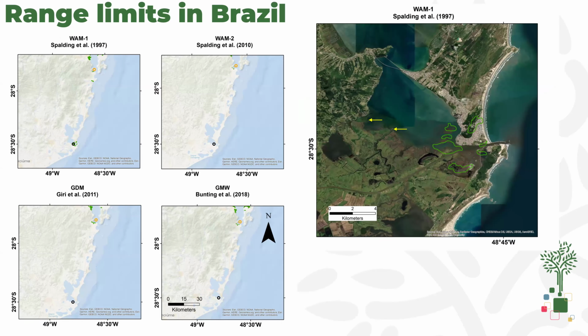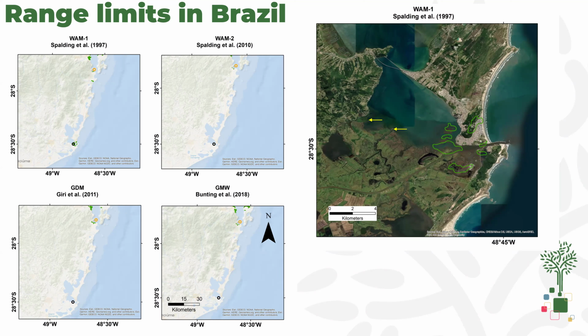Here, just for one example, in Brazil, we see that most maps put the range limits very close to Florianópolis. That's about 27 latitudinal degrees, but the actual range limit is much further south, at 28 degrees and 30 seconds. And also, if we compare all the global maps, the only map that could